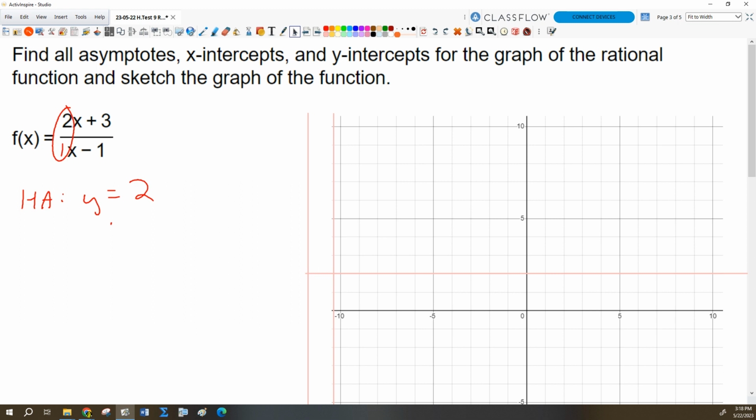Vertical asymptote. Do we have any? Show me with your fingers. x equals 1. Good. Good. And we know that because,